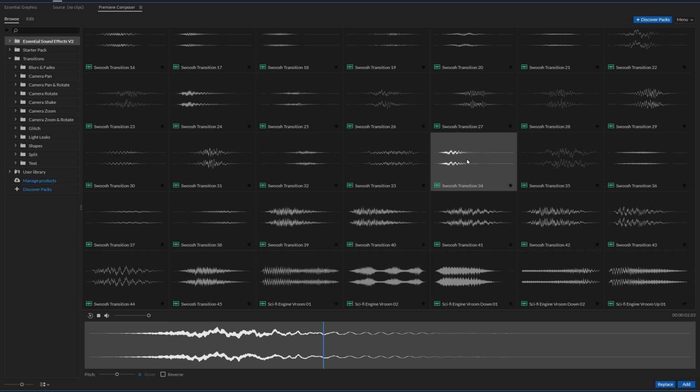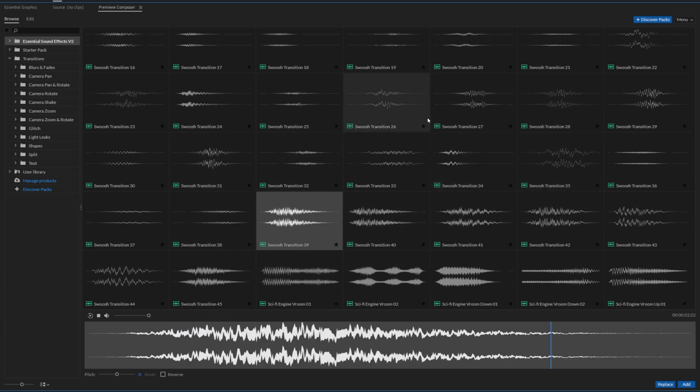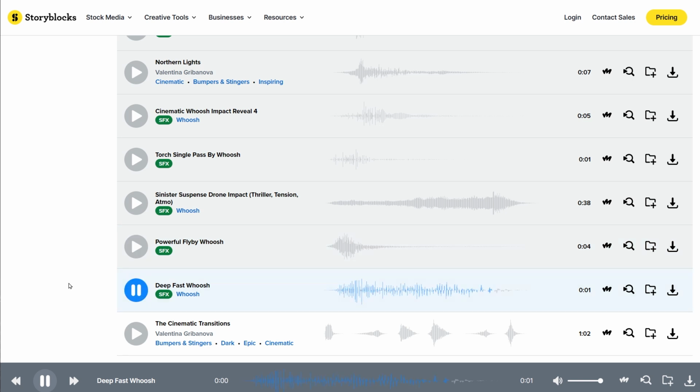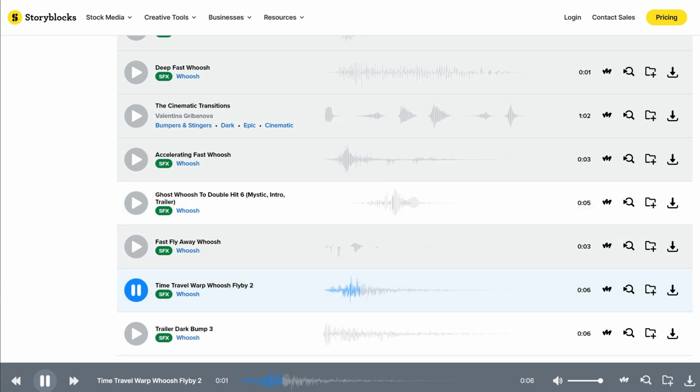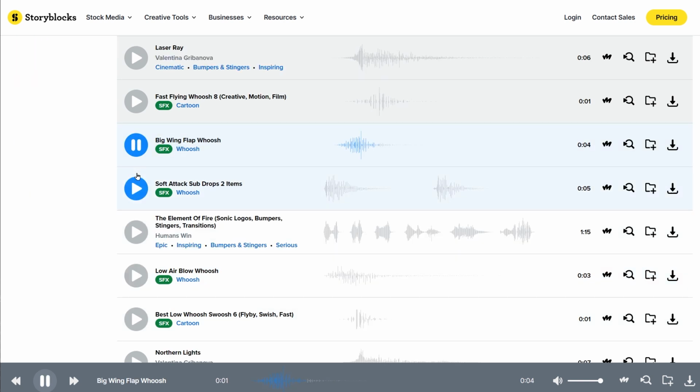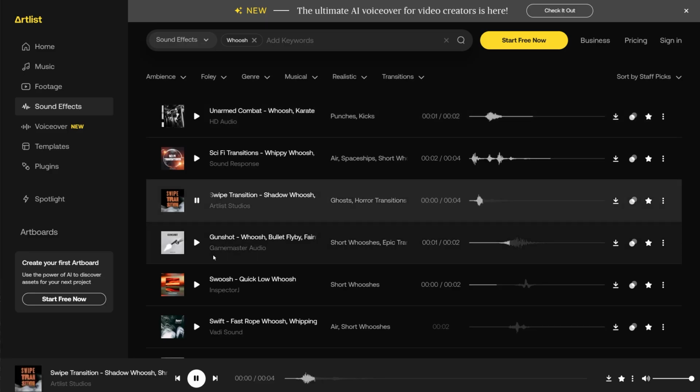The most common problem you'll find with these sound effects is them being way overmastered, to the point where you can only imagine them being used in super dramatic movie trailers. Added reverb is also very common and basically makes a whoosh useless to me. I'll add my own reverb if I want it, thank you very much.